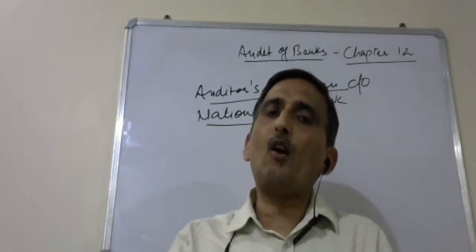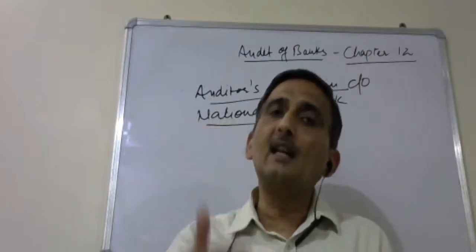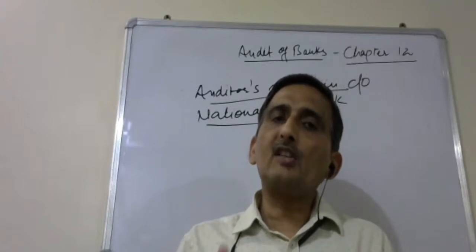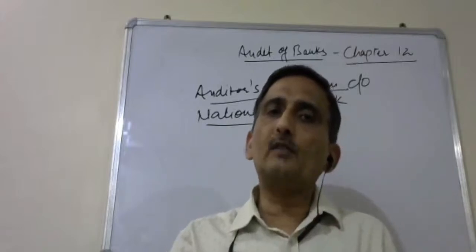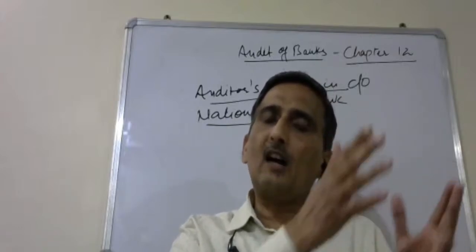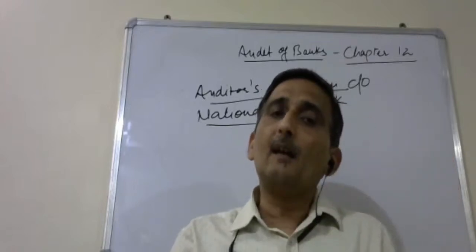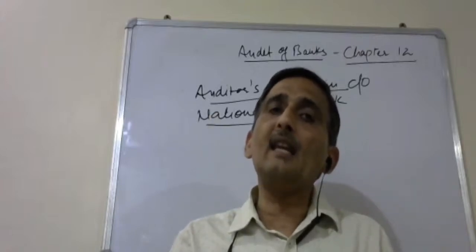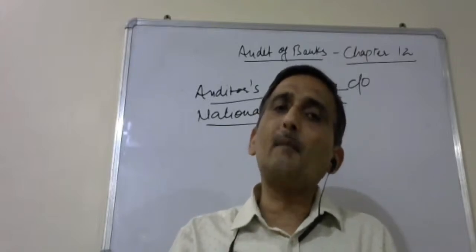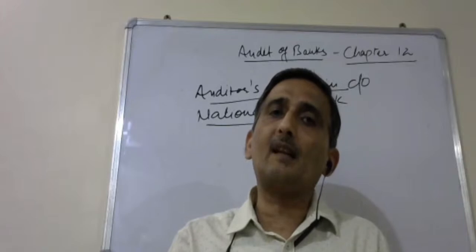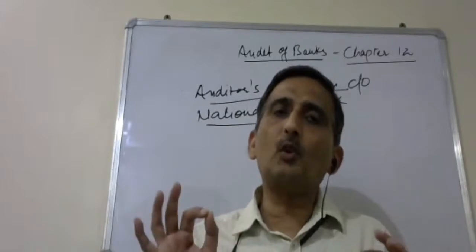So the auditor of a bank does not have to report on the points which are stated in CARO 2020, whereas in case of a company to which CARO 2020 is applicable, the auditor has to give his comments and observations on all the points which are there. But in case of a banking company, be it a nationalized bank or some private sector bank, CARO 2020 is not applicable. That you have to remember.